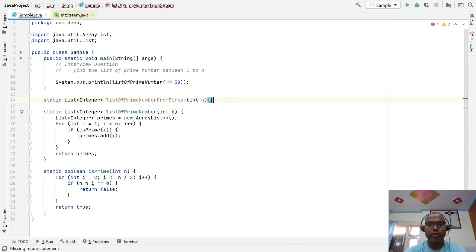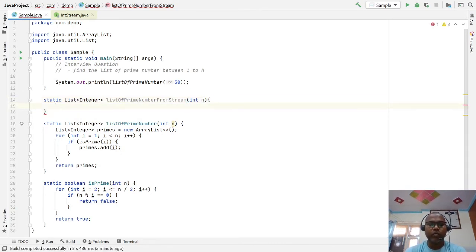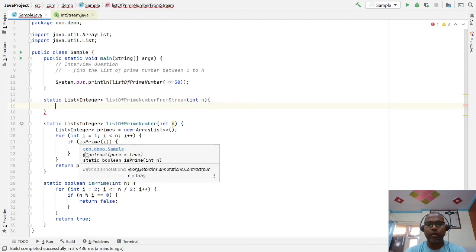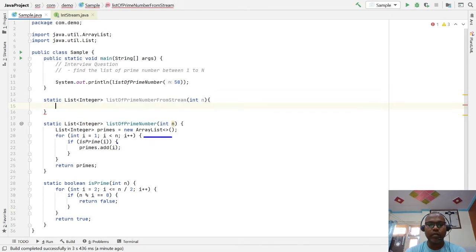So what we have to do is iterate 1 to n, check prime, and add in the list. What we are doing is iterating 1 to n, checking whether each number is prime or not. If prime, we collect it in the list and finally return the list. So these four steps are doing the same thing we are going to do here in this way.